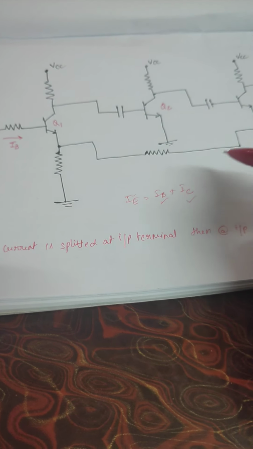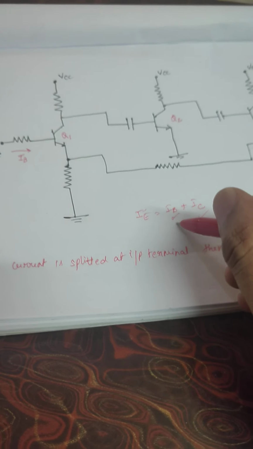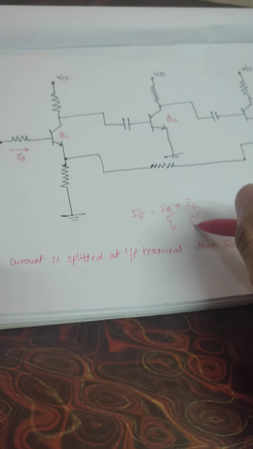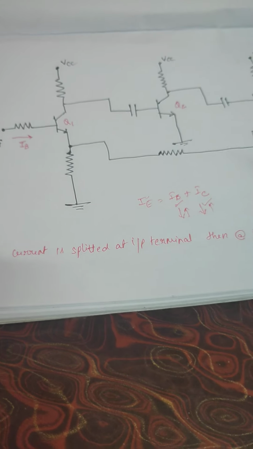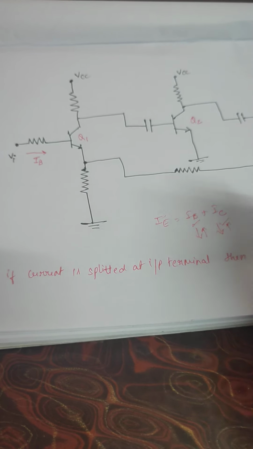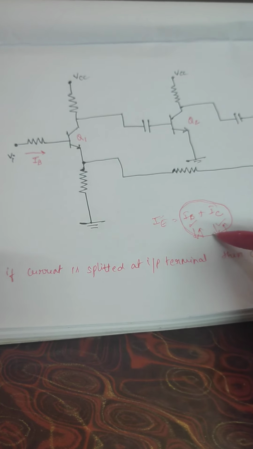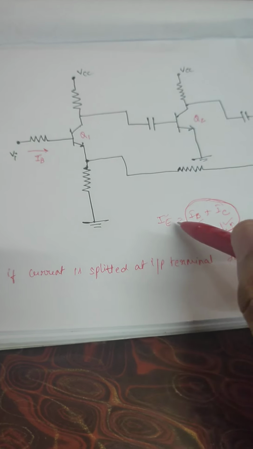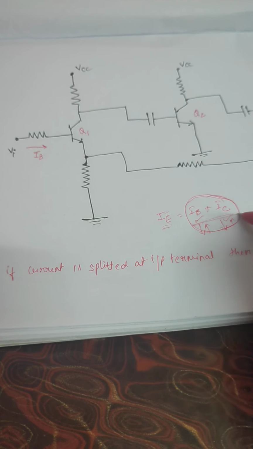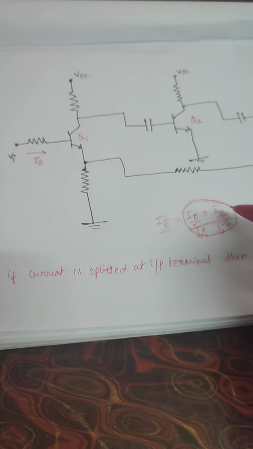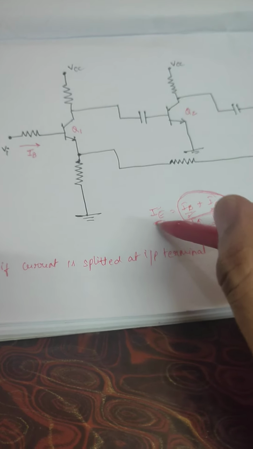All of you agree with this. That means the base current as well as the collector current should be in the same direction. That is, if the base current is entering the transistor, the collector current should also enter the transistor. If the base current is leaving the transistor, the collector current also leaves the transistor. That is the property I have to make sure. If both are in the same direction, you have to mark both in the same direction with the same notation. When coming to the emitter, it is the reverse of these two directions. Identify in which direction IB and IC are, and the opposite direction should be the current of IE.